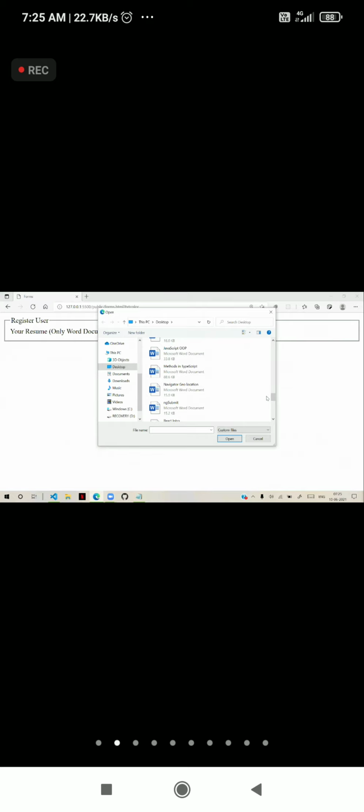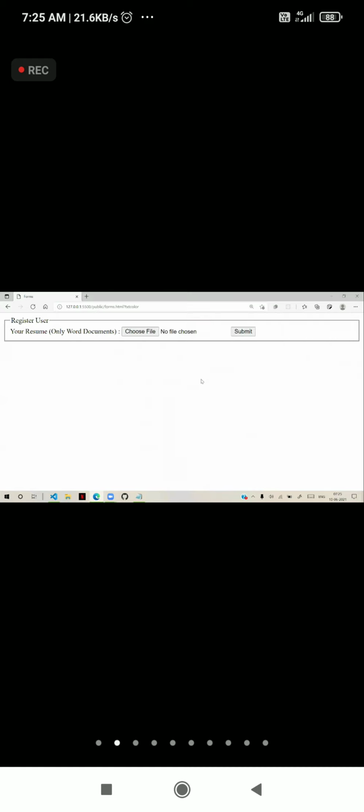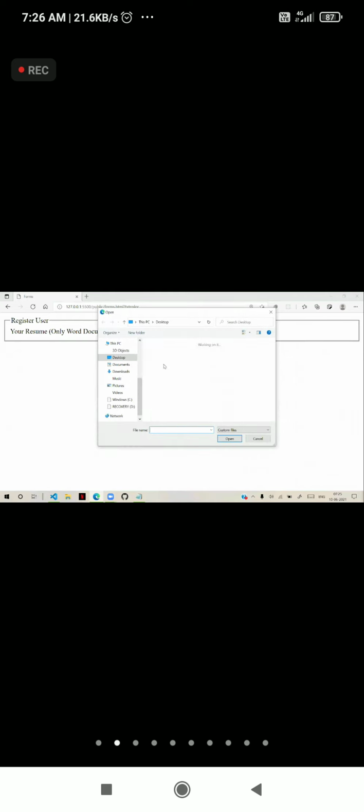Restriction in size of the file, restriction in the type of the file, that you have to do with logic. That means you have to write logic in JavaScript to collect the file type, and if the file type is wrong, don't allow uploading. Remember, currently it is not uploaded, it is just selected.